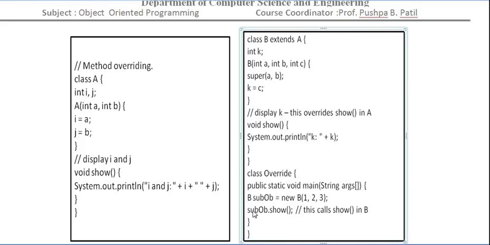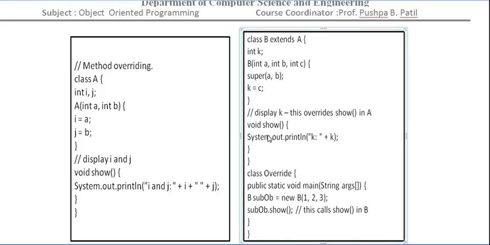Then after that we are calling subOb.show. The question arises: there are two show methods, one belonging to class A and one to class B. Which method is going to execute in this situation? Always remember that if you are calling a method using an object of the derived class type, it calls the method from the derived class, which means it overrides the method of the base class.